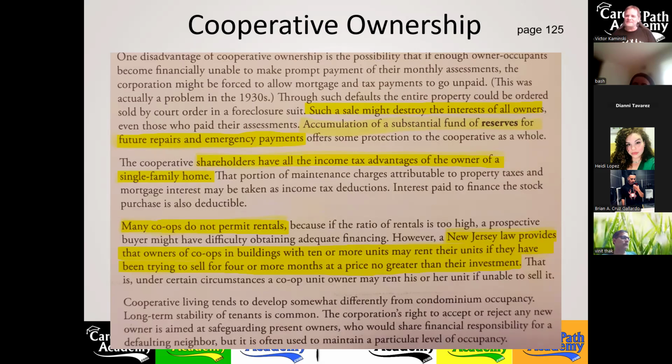So imagine being denied being able to purchase in a co-op complex because you're not an artist. Sure, it feels like a stab in the back. It's like, yo, you're discriminating against me. Yes, they are. You know what discrimination is? It's being selective, being choosy. There's nothing wrong with being selective or choosy.